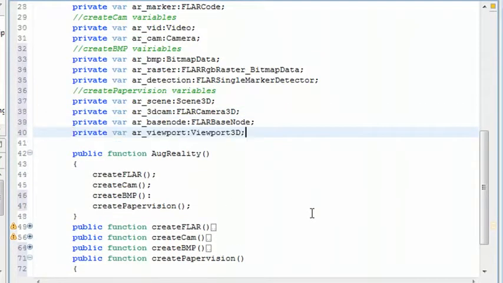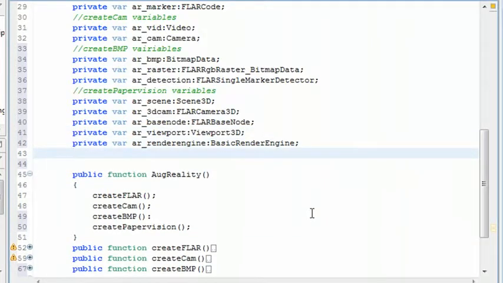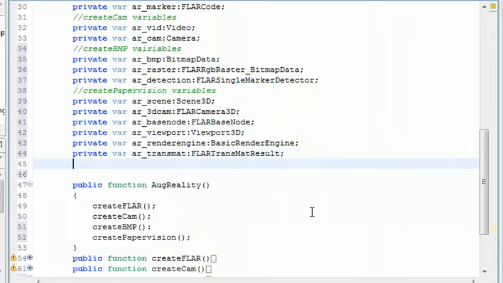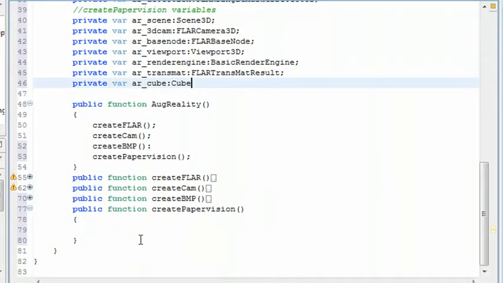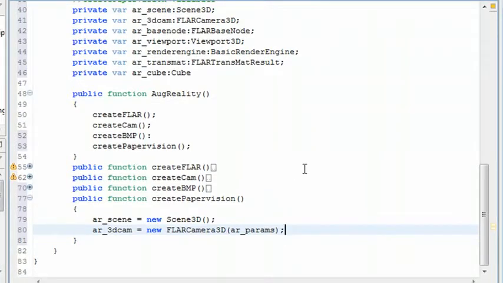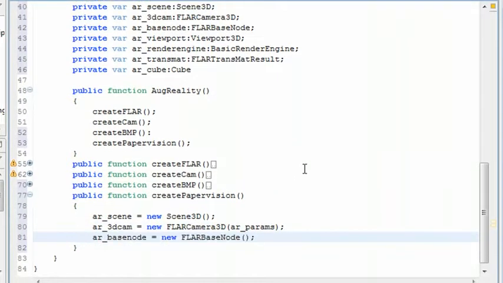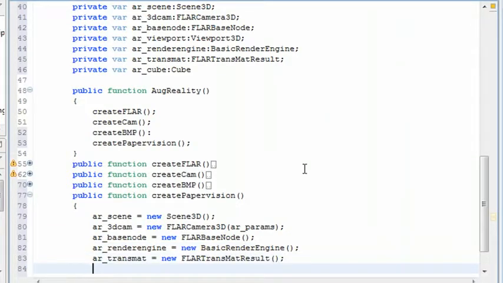So there's a camera 3D variable, a base node variable, a viewport 3D variable, a rendering variable, a matrix variable, and a cube variable, which is going to be our cube object. So now we're going to add those to the function. We're just going to create the scene 3D variable, set up the 3D camera. The base node variable is kind of like a container box for everything, and then the render variable and the